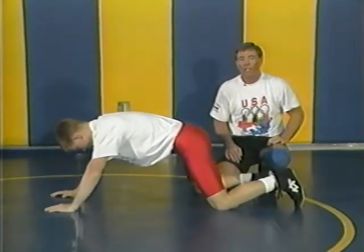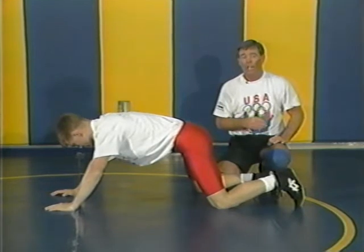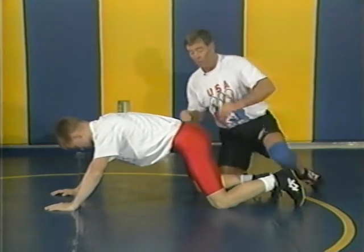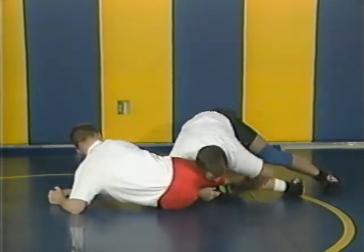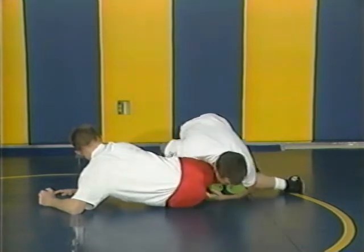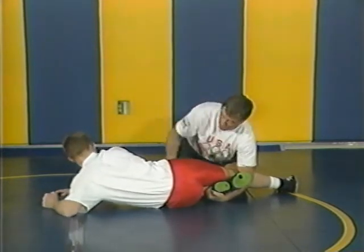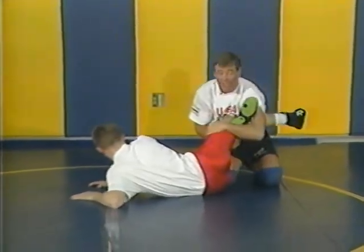Another opportunity to get into a cross knee turn is off the leg lace. If I start to do a leg lace and my opponent turns his hip down, I'm going to switch right into a cross knee turn. I'm in leg lace position, he hips down, in that position. I scoop, now I'm in a cross knee turn. This position right here, remember elbows on the thigh, elevate, half,